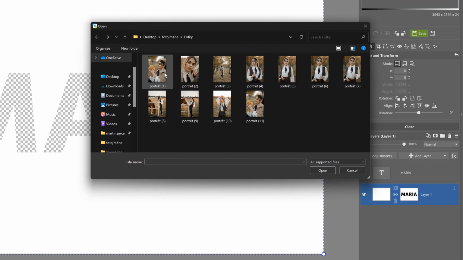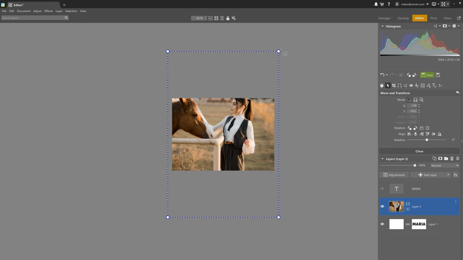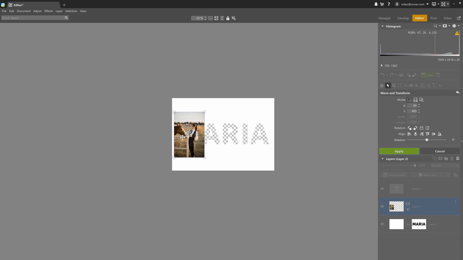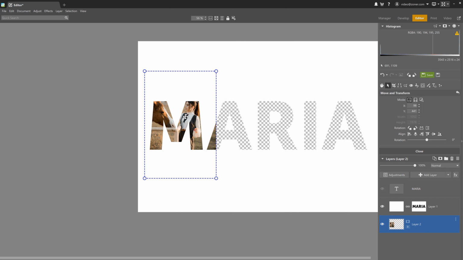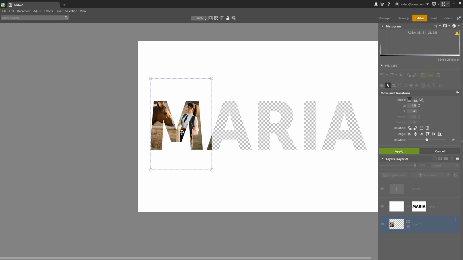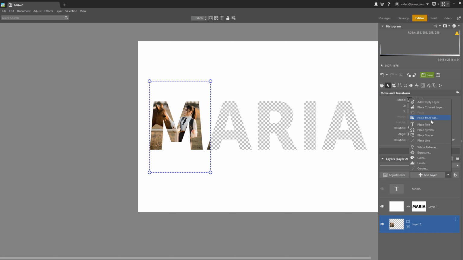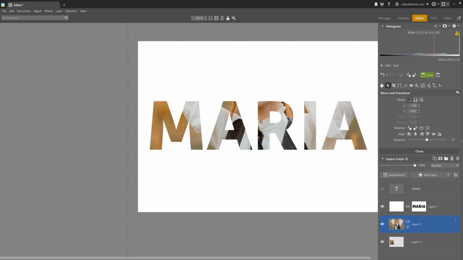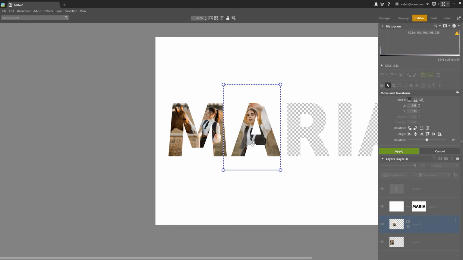Let's paste the photo from File, shrink it down to match the size of the letter so that the face fits in the letter, and then move the photo layer below the background layer. The rest of the photo is hidden, so I can only see the part in the cutout of the letter. Now I'm going to move and shrink the photo if we need to, so that we can see what we actually want in the cutout, and also so that the photo doesn't spill over into the next letter. All right, and I'm going to do the same process for each letter.